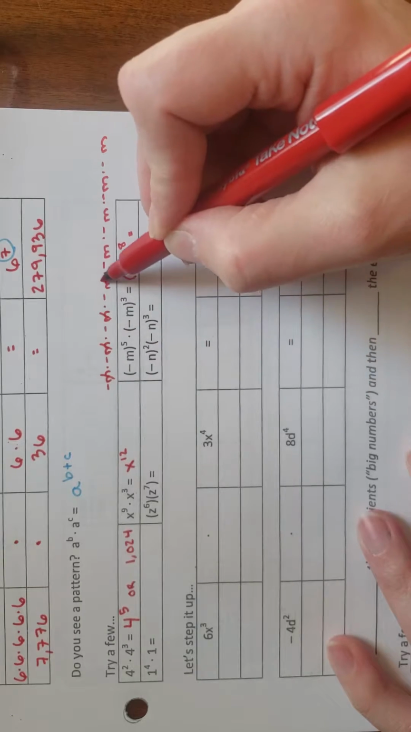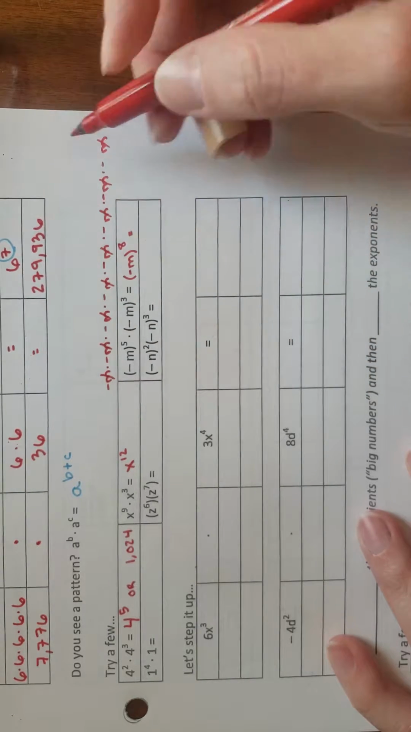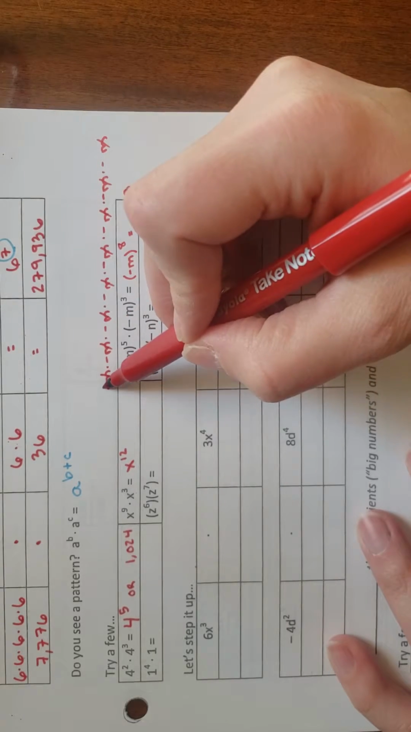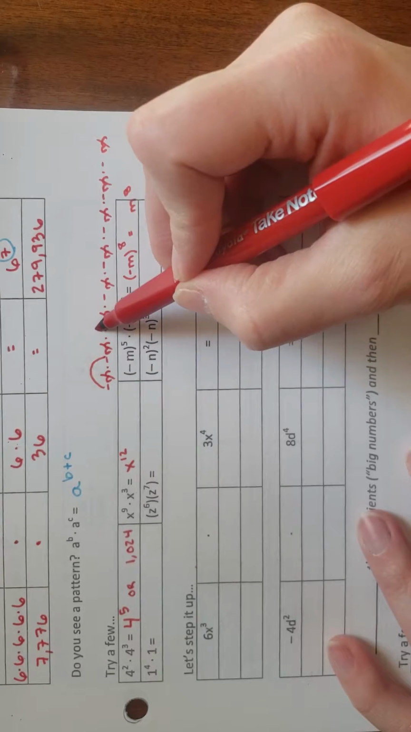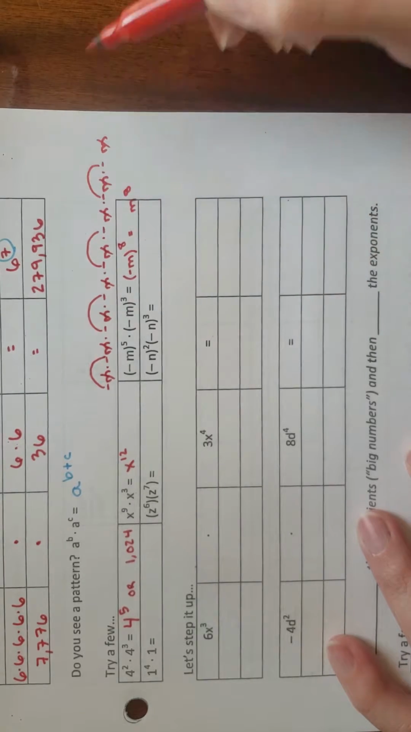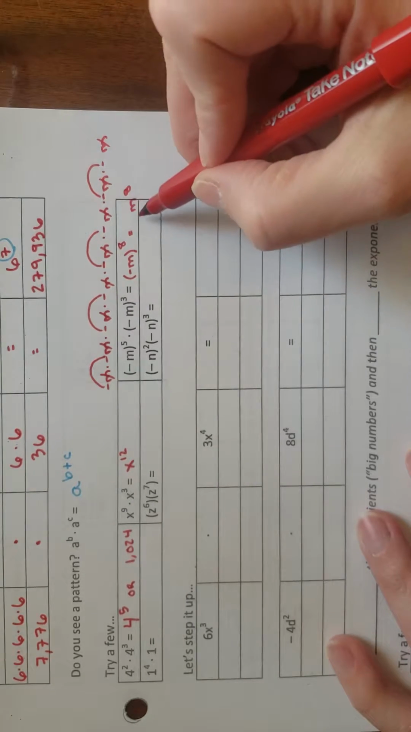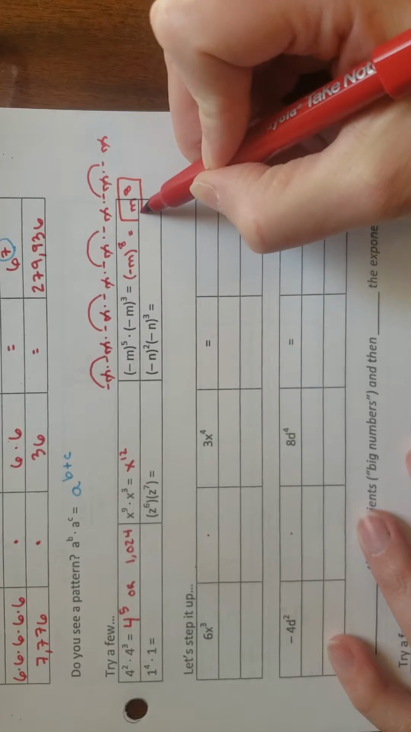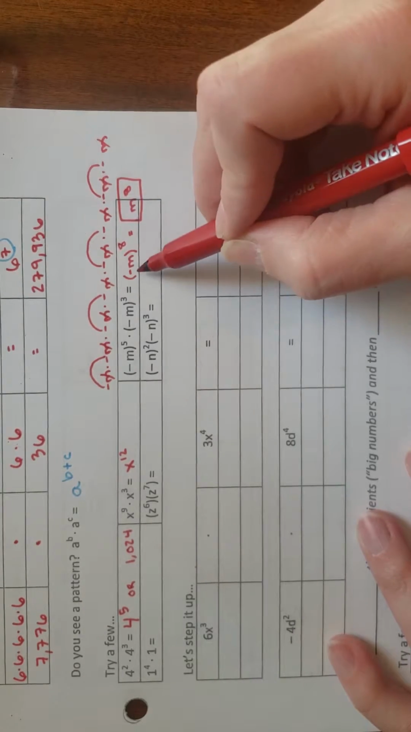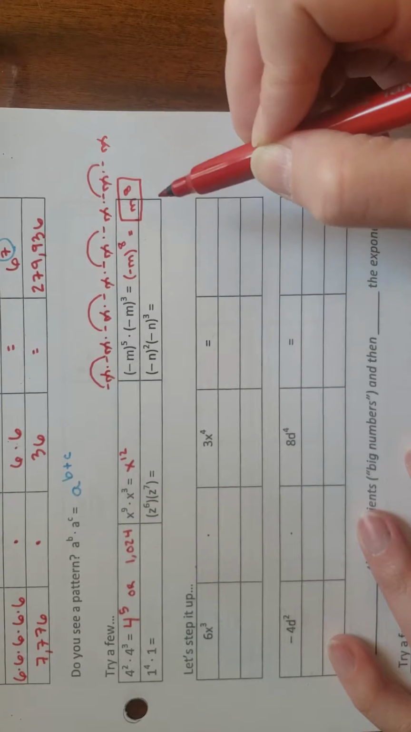1, 2, 3, 4, 5, 6, 7, 8. So that's m to the 8th. Now look, a negative times a negative is a positive. So this is a positive m to the 8th power, or simplified in parentheses, negative m to the 8th power